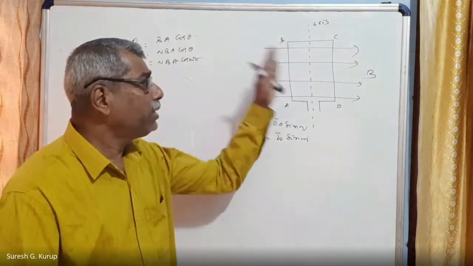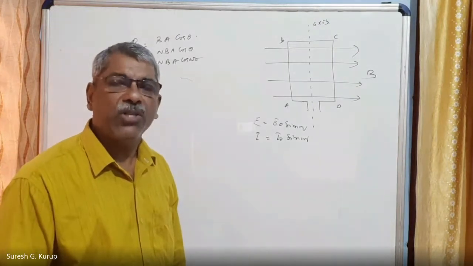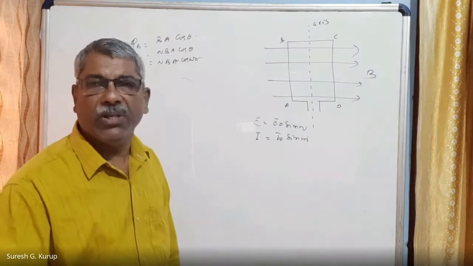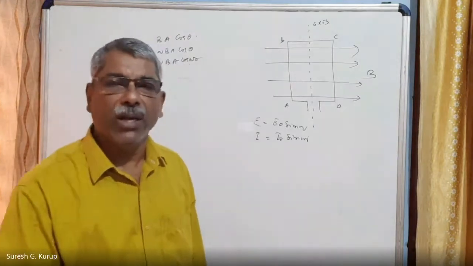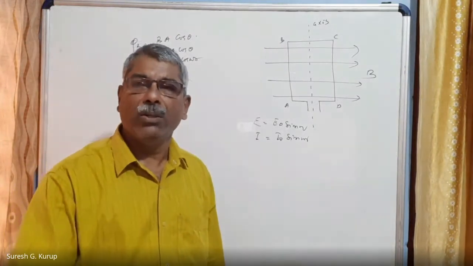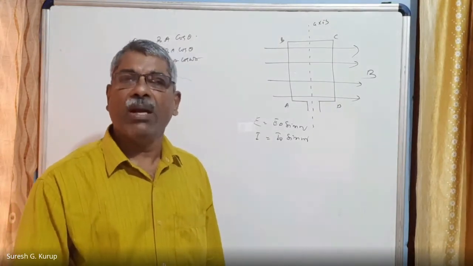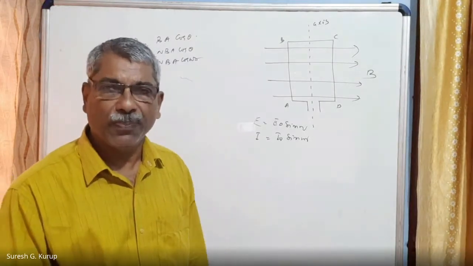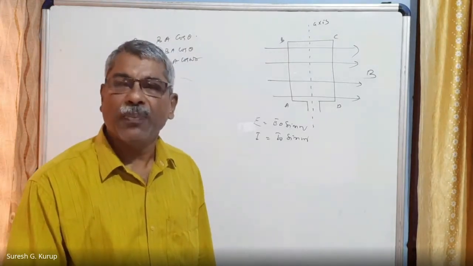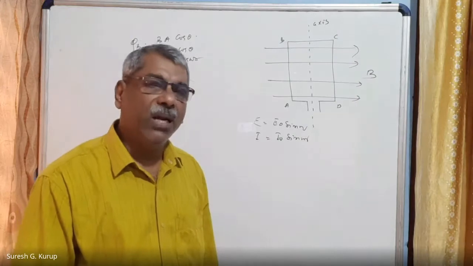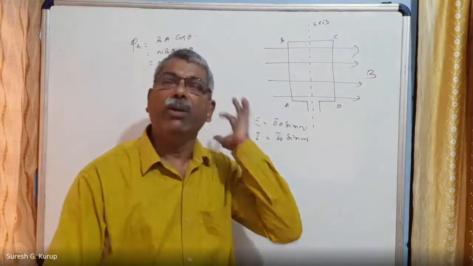So this coil is rotating in the magnetic field, due to which the flux through the area varies. Due to change in flux, EMF is induced in the coil. This is what you call Michael Faraday's second law of electromagnetic induction. According to Faraday's second law, the rate of change of magnetic flux is directly proportional to the EMF induced. Generally we can say that E is directly proportional to d phi B by dt, the rate of change of magnetic flux, equal to the EMF induced in the coil.